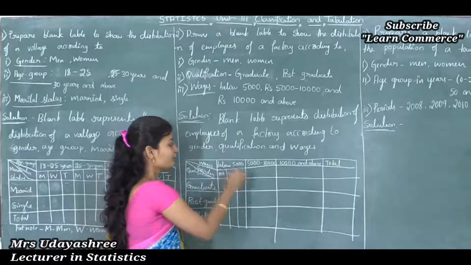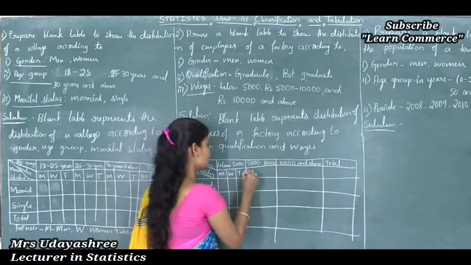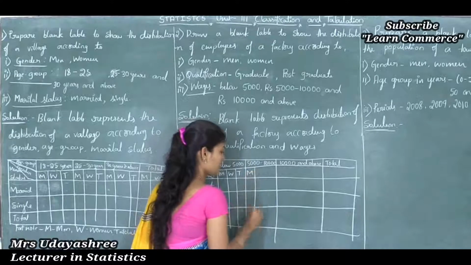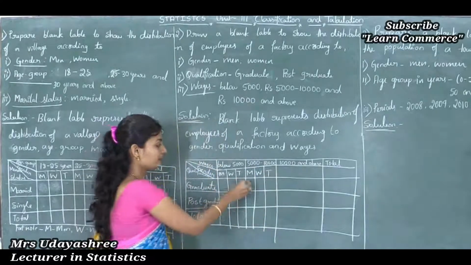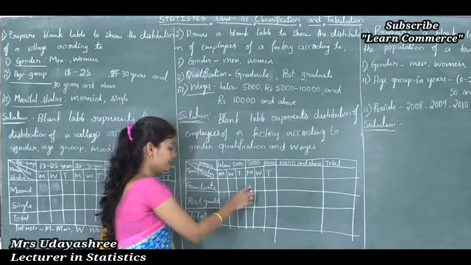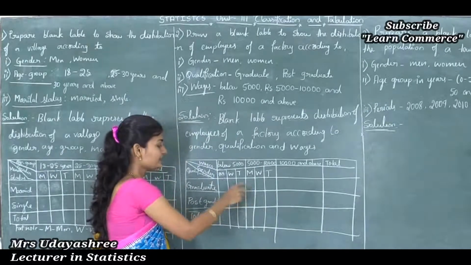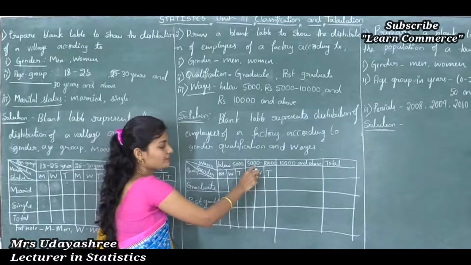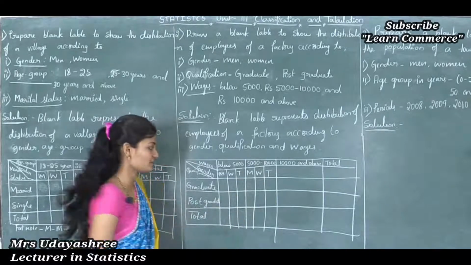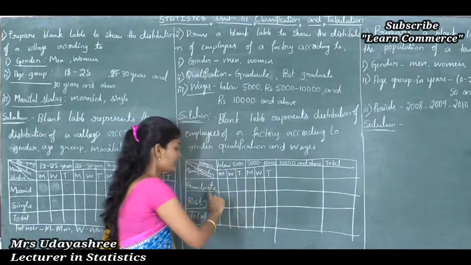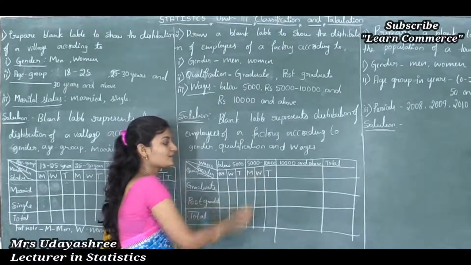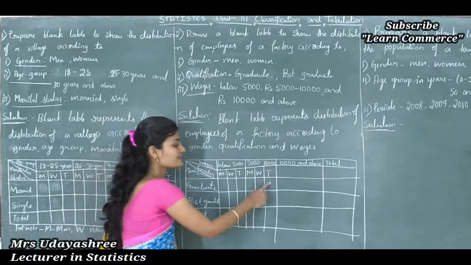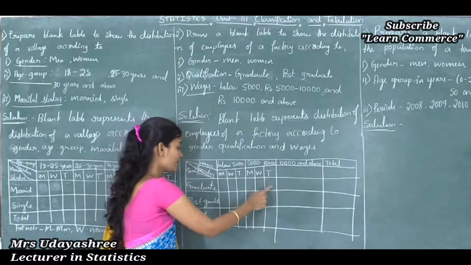Okay, next for this I will write gender, that is men, women and total. See, this cell indicates men graduate population with wages of rupees 5,000 to 10,000, and this cell indicates graduate women population with wages of rupees 5,000 to 10,000, and this cell indicates the total number of